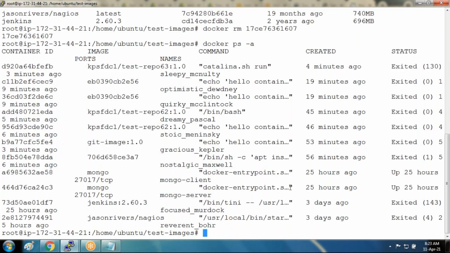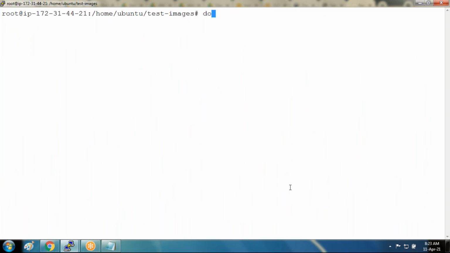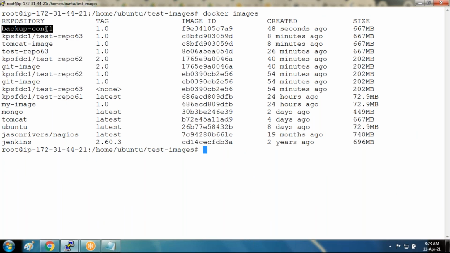Now, what do you do? You can push that image to the registry. Since I have the image, go with docker images. So this is my image. You can tag it with some repository and then push it. So docker tag,